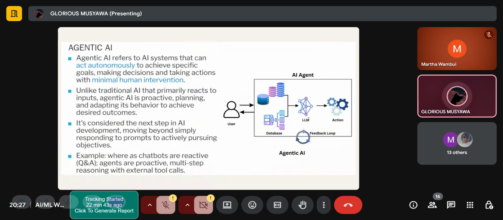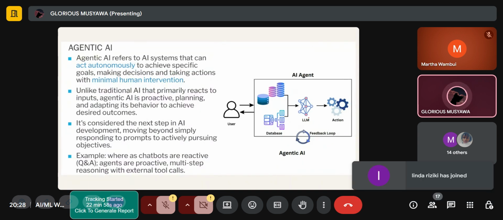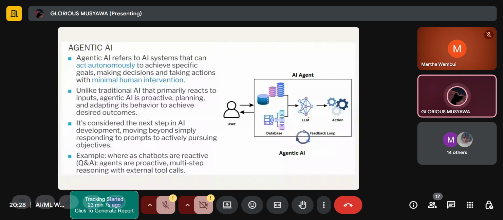So our other subtopic is agentic AI. I think by the start of this year, this thing was trending. Everybody's creating their own AI agents, and so on. The interesting thing about AI is that it's evolving. So being in the field of AI also calls for you to be proactive in learning what's new in the market.